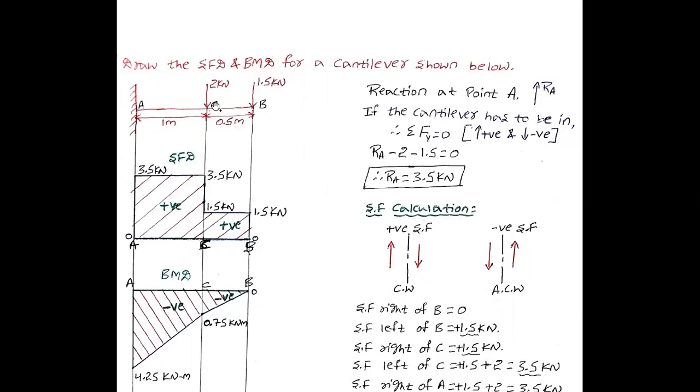Whatever the load acting on the structure, here you can see that 1.5 kilonewton is acting, 2 kilonewton is acting. Both are acting downwards, means 2 plus 1.5, total 3.5 kilonewton is acting on the cantilever. If this structure has to be in equilibrium, the reaction at point A, if the load is acting downward, will be in the opposite direction. It will be pointing upward,